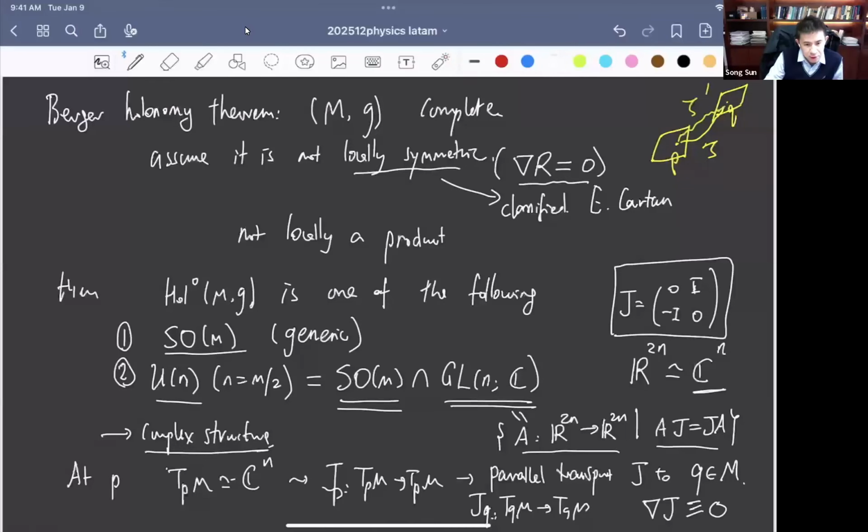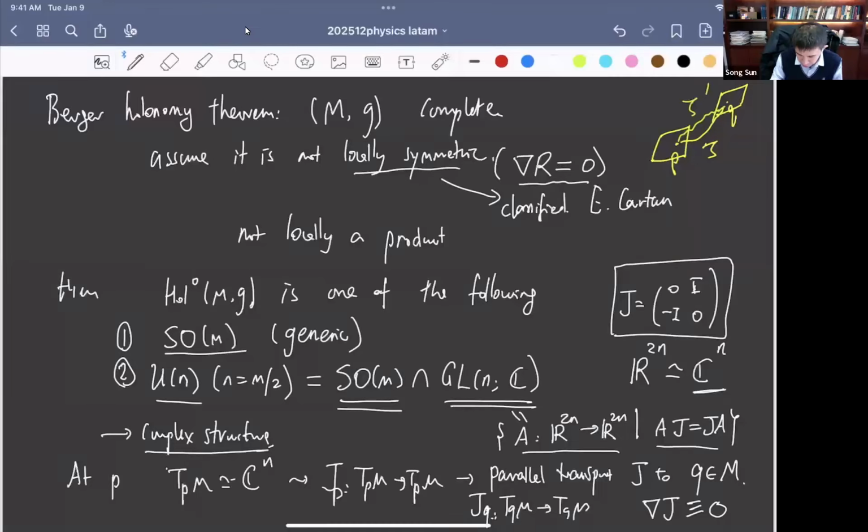Then we have a classification of the possible restricted holonomy group of the metric. We talk about four types. The first one is the generic one. The holonomy group is